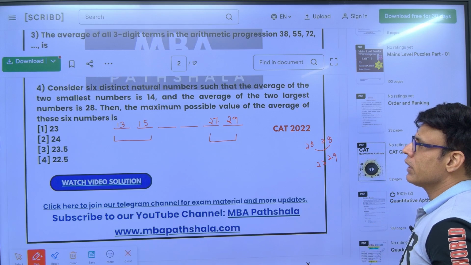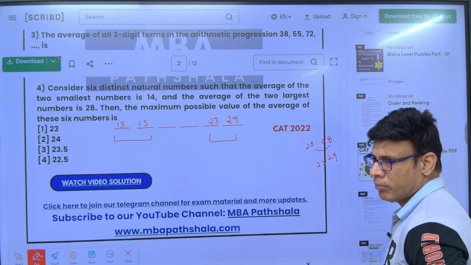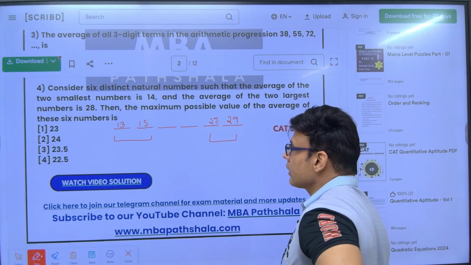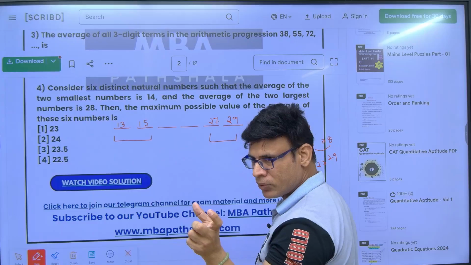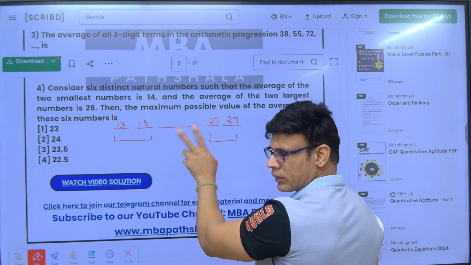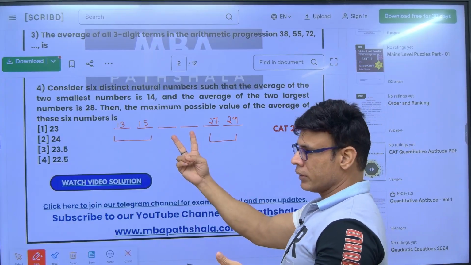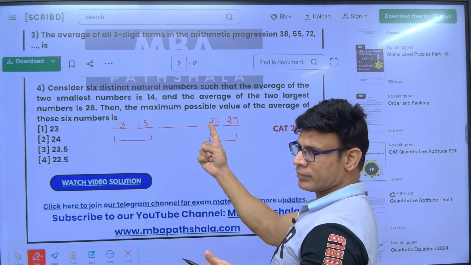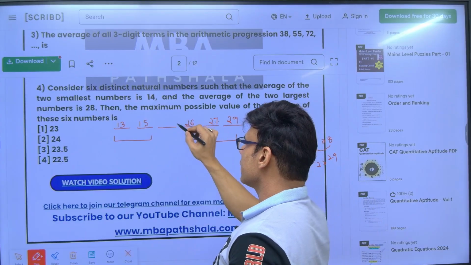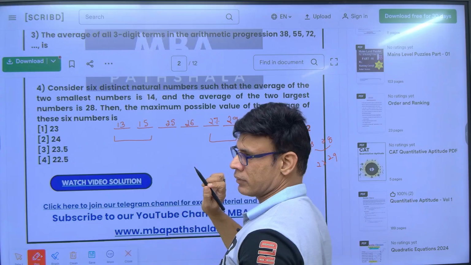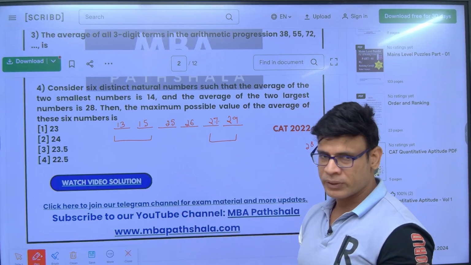अब what is the maximum possible value of the average of 6 numbers? मैक्सिमम पॉसिबल के लिए ये लार्जेस्ट टू नंबर है, ये स्मॉलेस्ट टू नंबर है, तो द रिमेनिंग टू नंबर्स यू आर गोइंग टू टेक should be between this and this. If you want to make your maximum average, this number should be close to this or not, लेकिन उससे कम होना चाहिए। एक ले लो 26, एक ले लो 25, हो गया। ऐड कर दो, डिवाइड बाय 6 कर दो, आंसर आ गया। चेक करो, डू इट।